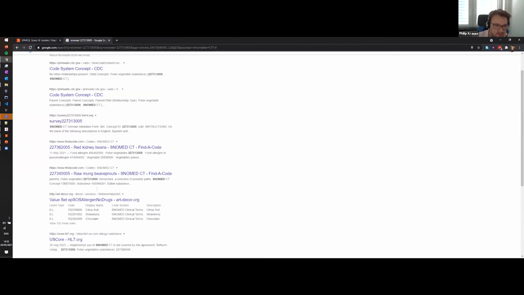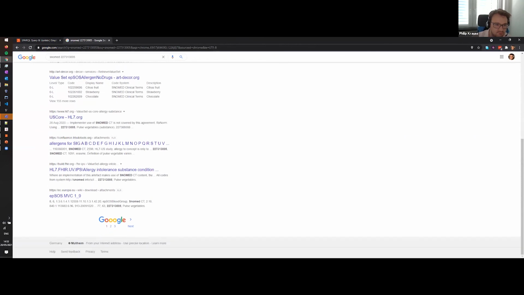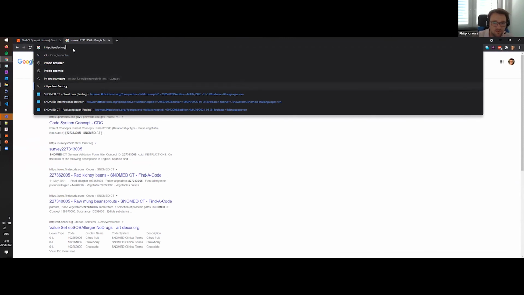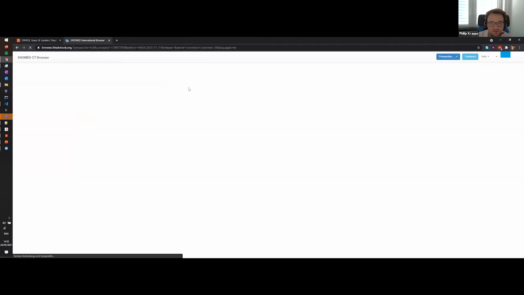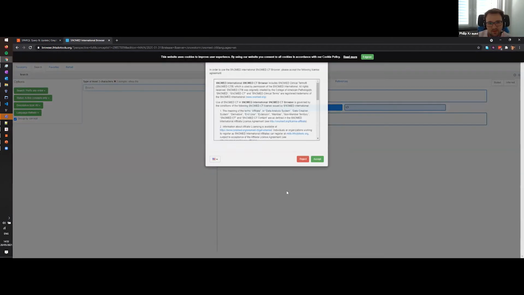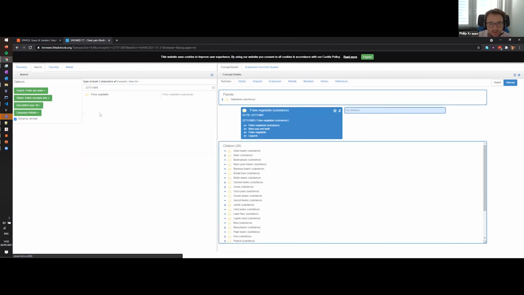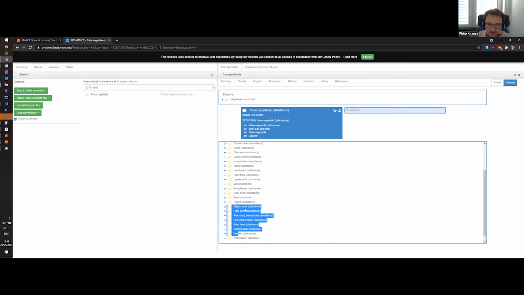Just need to find the SNOMED browser. So that's the official SNOMED browser that you might know. And here we have the code for the pulse vegetables. And we see that these pulse vegetables, in German Hülsenfrüchte, are actually every fruit that has something around it. And also here we find that the peanuts are actually a